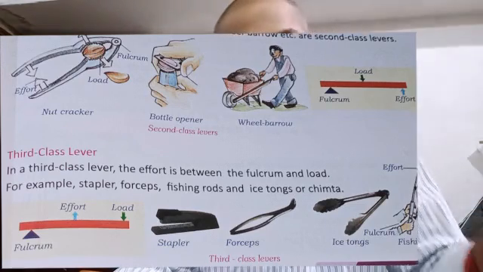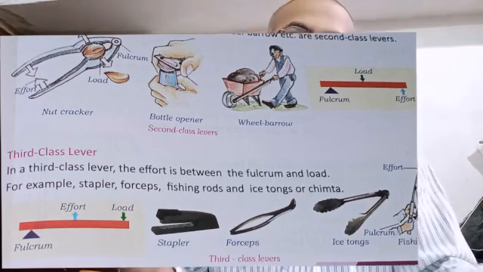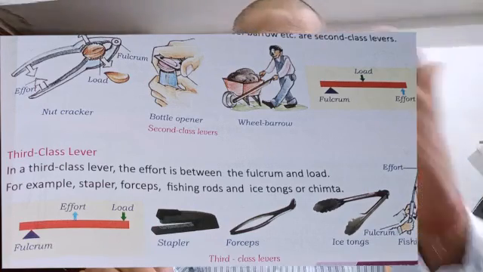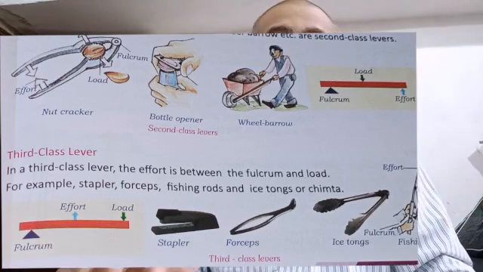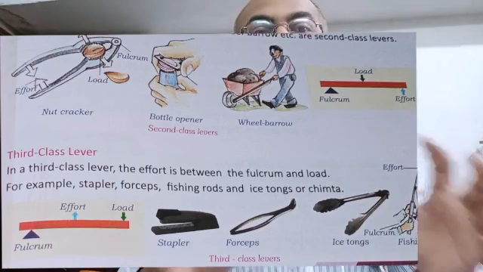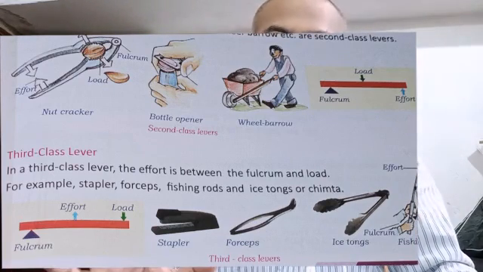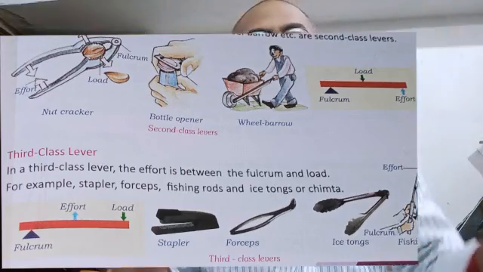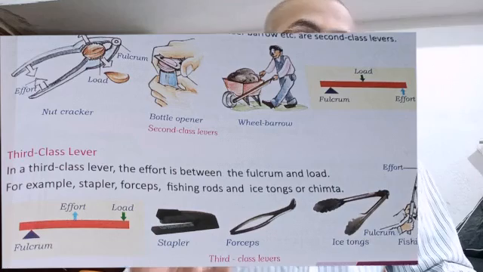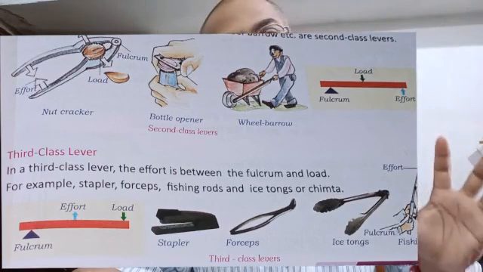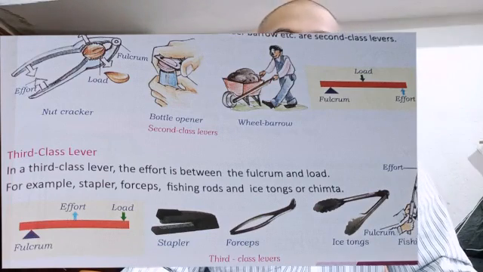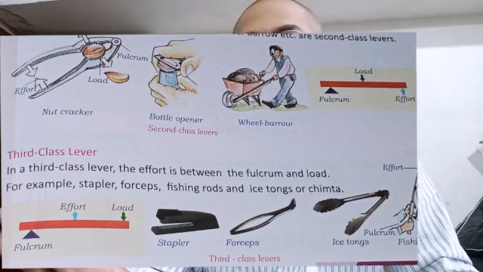Now the principle of this inclined plane is that we can move heavy loads to a high place by applying less force. If we want to move a heavy load to a high place directly, we have to use a whole lot of force. But if we use an inclined plane, then with less force we can move the heavy load towards the high place. So this is why we use inclined plane.